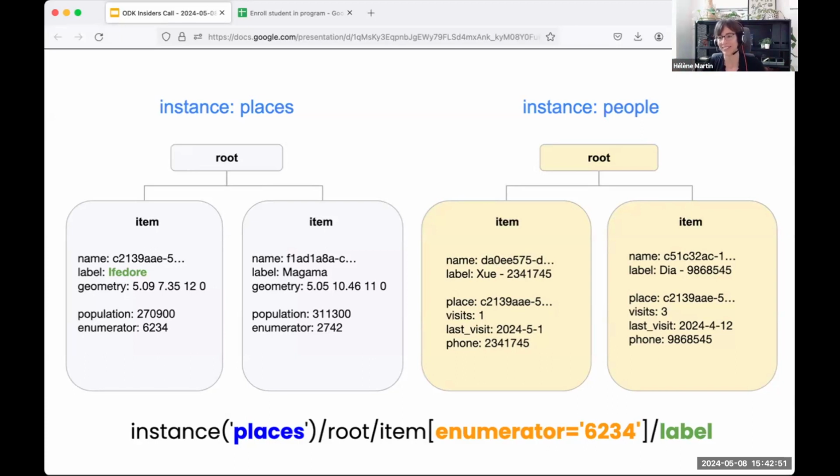Root item, meaning get all of the items, filter those items, those are the square brackets, where the enumerator is 6,234. Okay, so the computer's going to go through and say, this first one, is it 6,234? Is it? Okay, it has an enumerator property, 6,234. Yes, it is, right? So we're going to keep that one in the kind of set of entities that we're